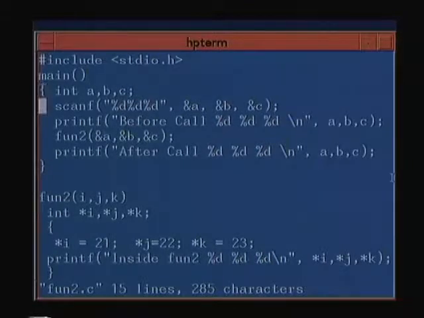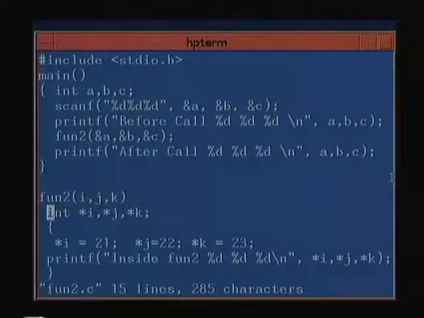So here what we did was we read in A, B and C, this is the value of A, B and C, and we passed them to fun2, we have used another function called fun2, we have passed the addresses of A and B and C and printed the values after the call. And in fun2 we declared I, j and k, but we now have to declare these as address locations rather than variables. So this is how we declare it: int star I comma star j comma star k.